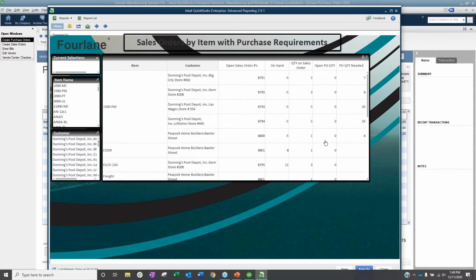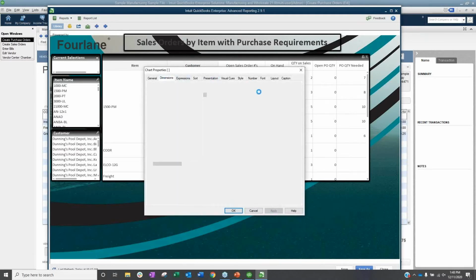Now we don't have a subtotal in here because we didn't need it, but we can add subtotals in here to say how many do I need to order for all jobs. That also exists inside of QuickBooks. That's why we didn't have it on this one. So on this report, what's nice about it too is if I didn't want to total by item, I instead wanted to total by customer or job to tell me what are all the things that I need to order in order to fulfill this job.